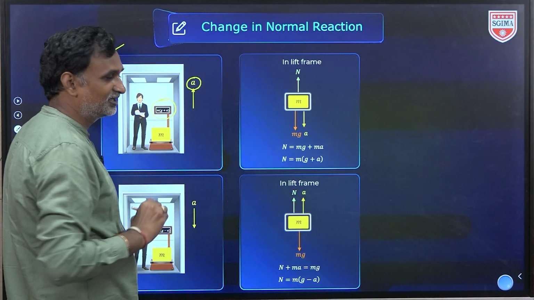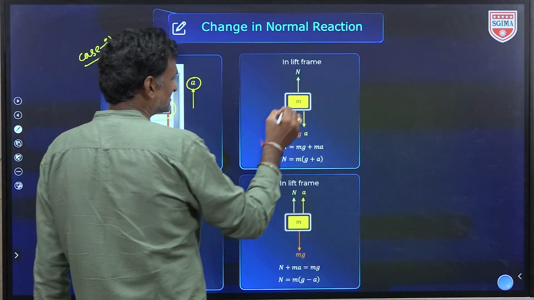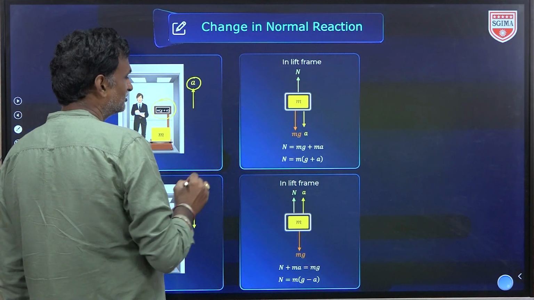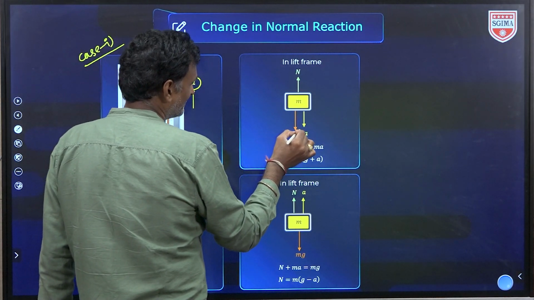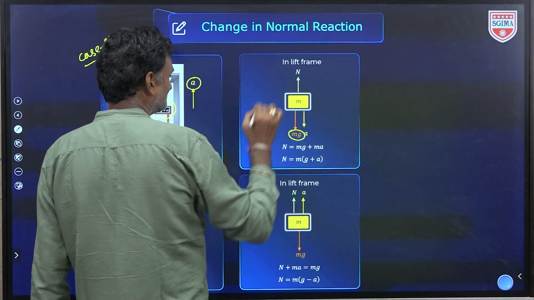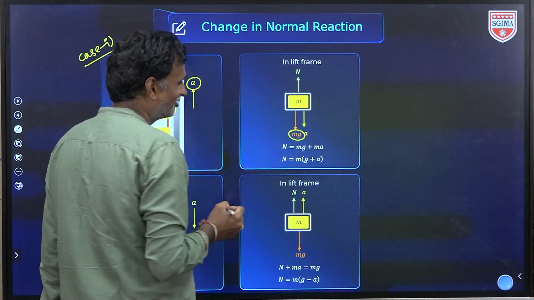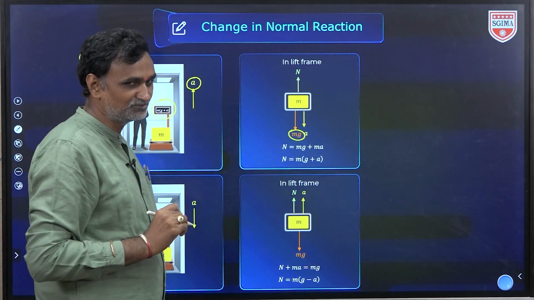How can we derive that answer? Let us start the discussion. This is the free body diagram of the mass. mg acts vertically downward, and N acts vertically upward. Here the acceleration has been taken downward, though actually the acceleration is upward, but